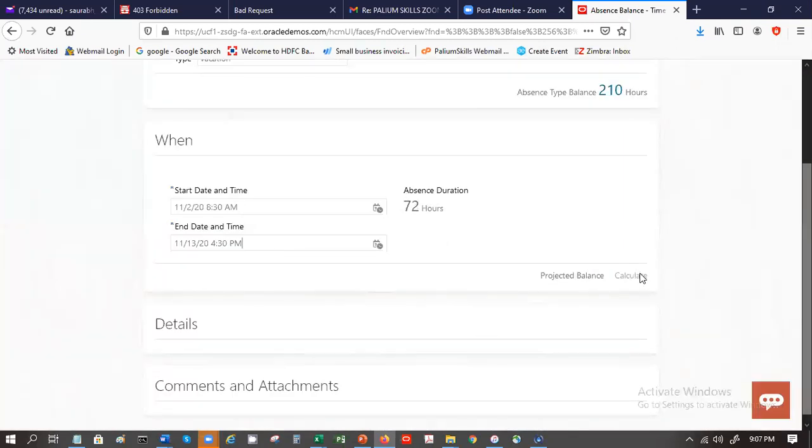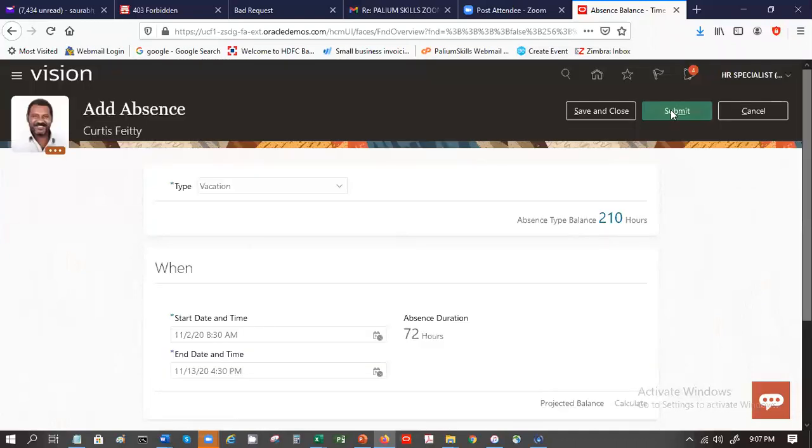So once you do this, calculate the projected balance. Based on that, the system will do the differential calculation, 210 minus 72. And once you're done, then you submit, and it goes to the manager for approval. This is the straightforward process of applying for leave. Okay.